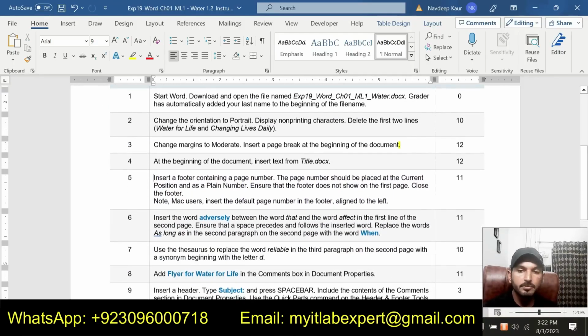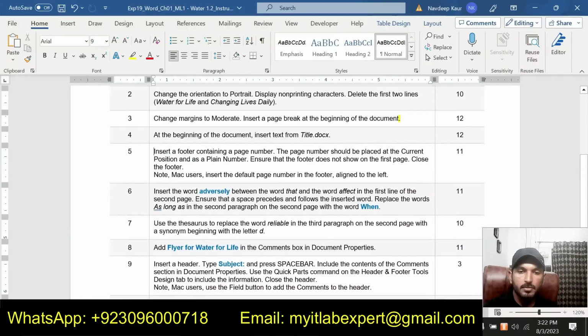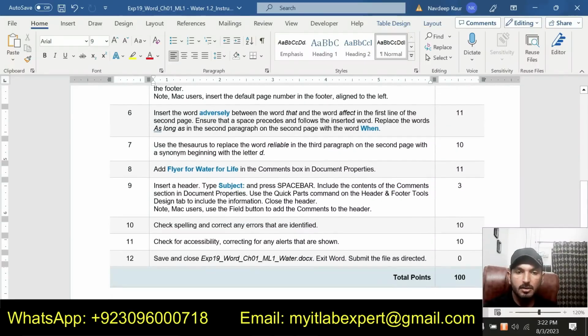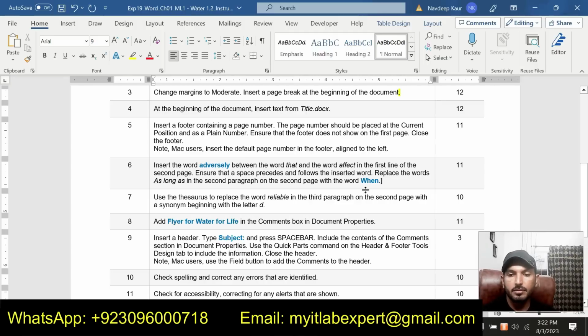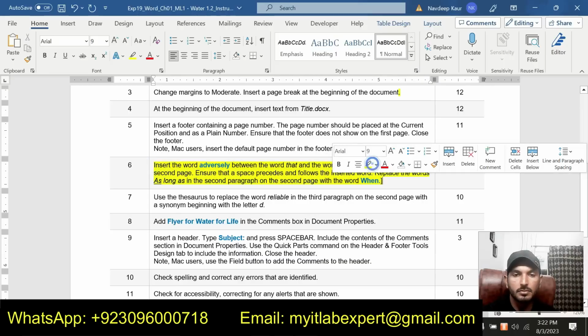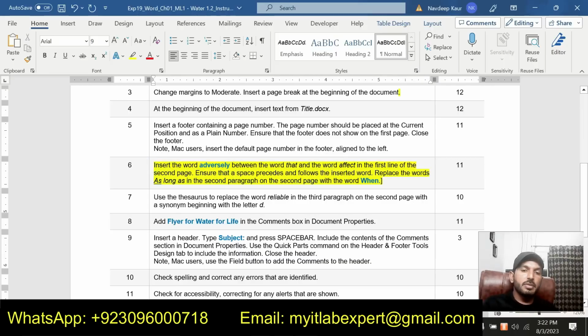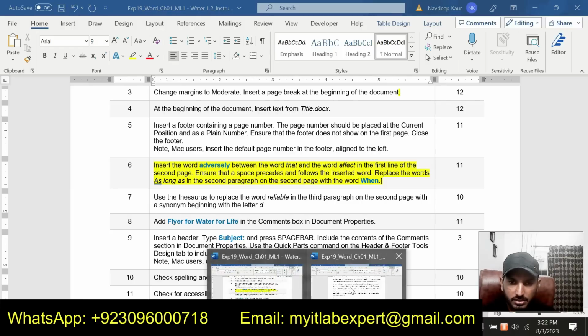So I have completed 5 steps so far, and now I will move to next step, that is step number 6. So step number 6 is insert the word adversely between the word that and the word effect in the first line of the second page. So let me go to the second page,